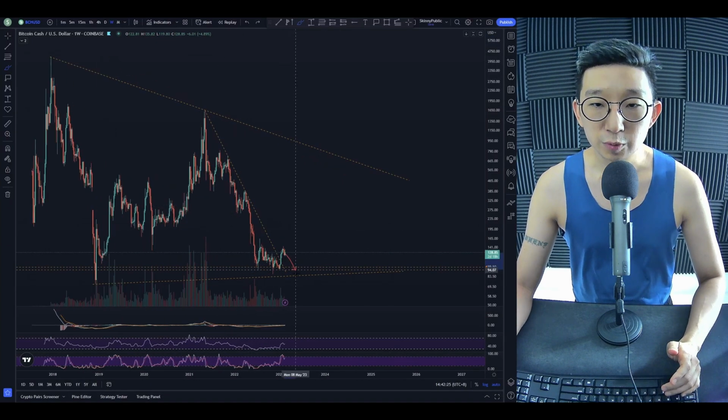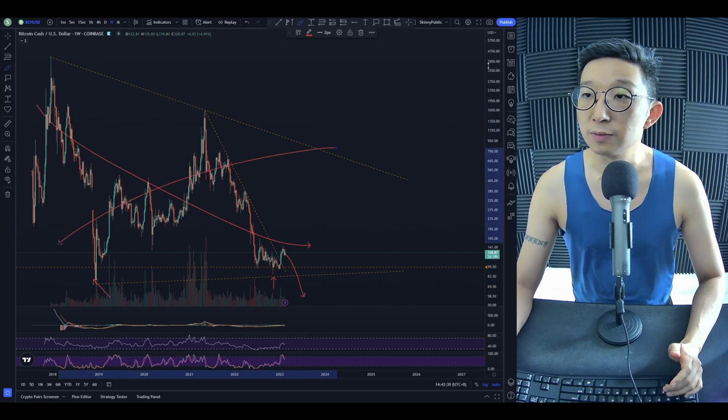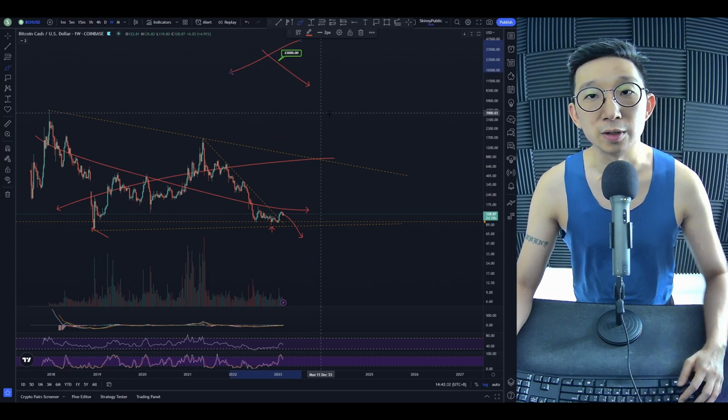But of course, if we were to drop lower, we take out these lows, then of course this whole thing is gone. Once this whole thing is gone, this target is gone as well. Because